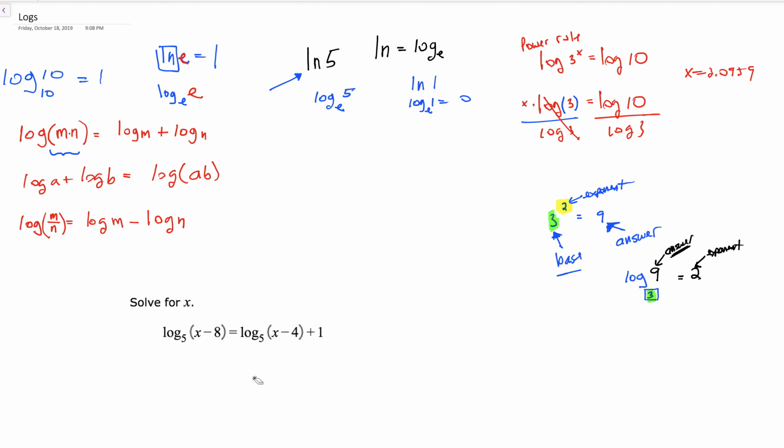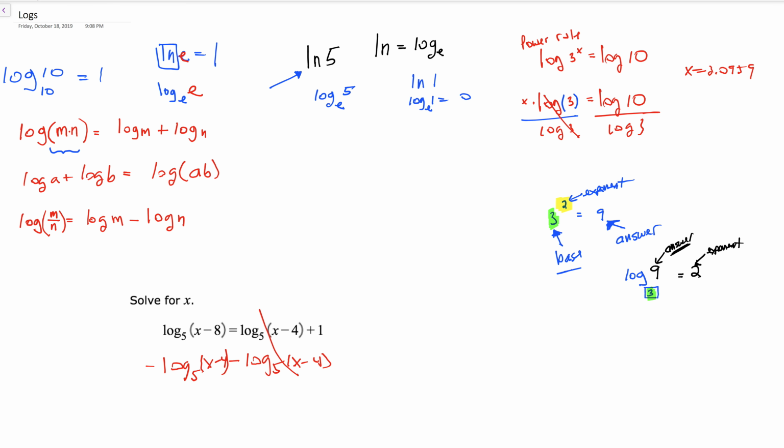You need to basically get the logs together on one side because that way you'll see maybe a subtraction between them. So you go minus log 5 of x minus 4. I'm moving this to the other side. So then you end up with,